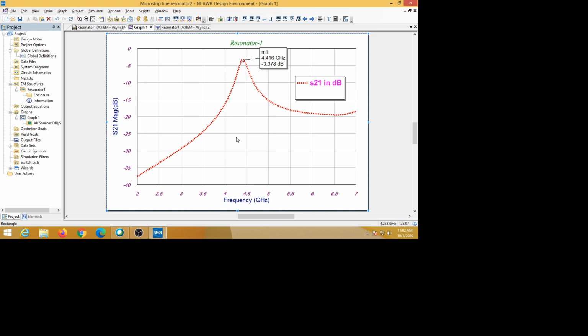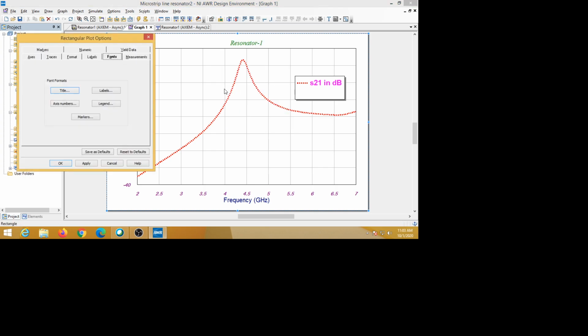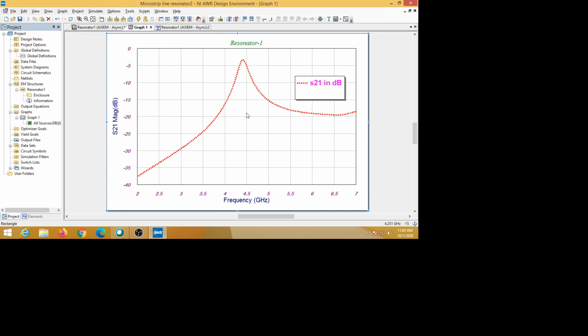We have to change the color of the plot traces, the axis numbers should be changed, the labeling may be changed, and so on. So all those things we can do over the plot using these options. The plot properties are there. You can do anything here. So like that we can enhance the look of these plots in the AWR tool.